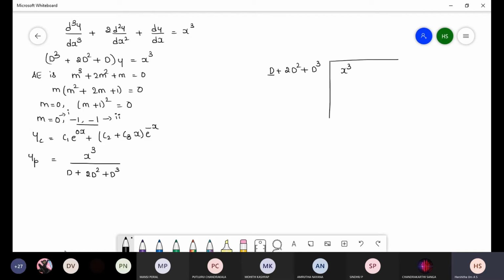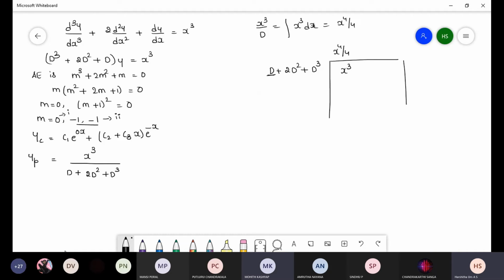Here they have given the differential operator factor. If it is a number, we can substitute an appropriate value to get the same value as in the division method. So I write x cube divided by D, and whenever there is a differential operator first, instead of a constant number, we integrate. So the integration of x cube dx is x power 4 divided by 4. I just write here x power 4 divided by 4.